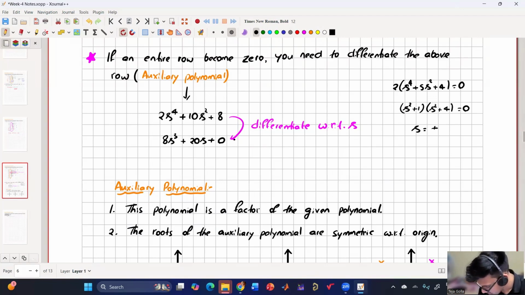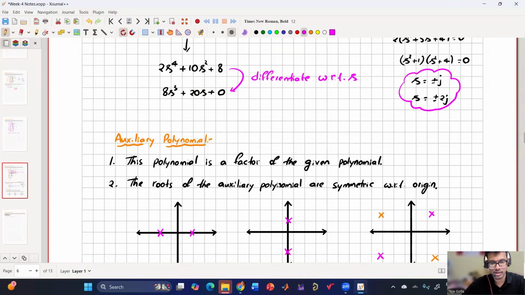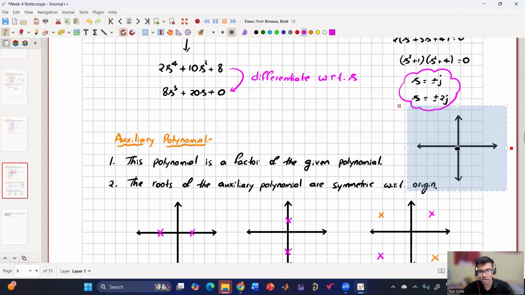Plus minus 1 and plus minus 2. Plus minus j, right? It is imaginary. Sorry, yes, j. Plus minus j, plus minus 2j. Yes, sir. So now I calculated 4 roots, and then if I plot it on the plane, I will get